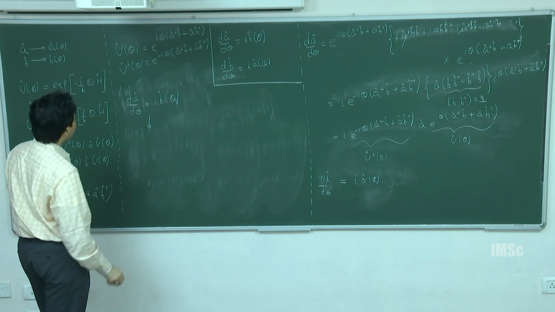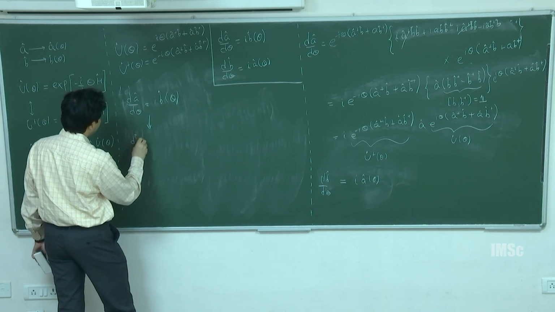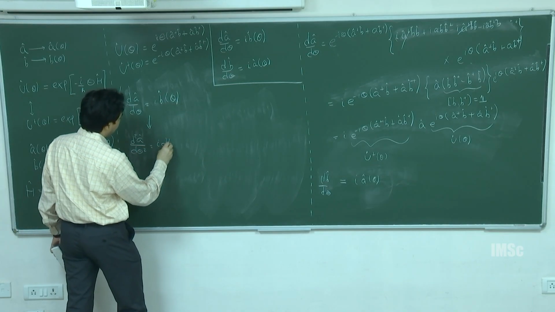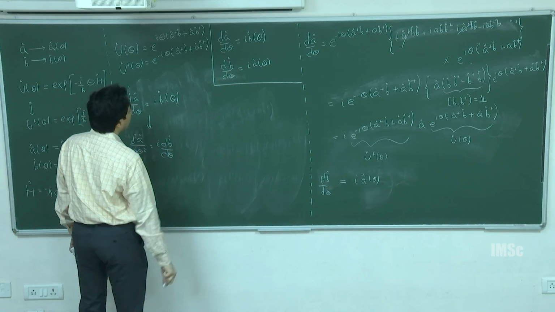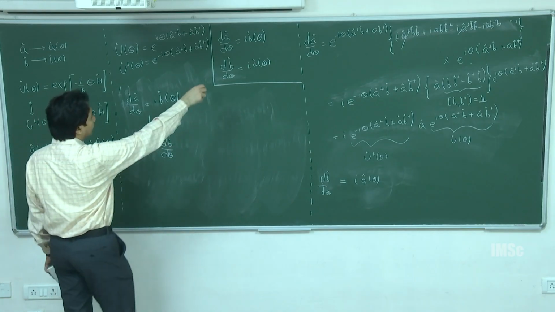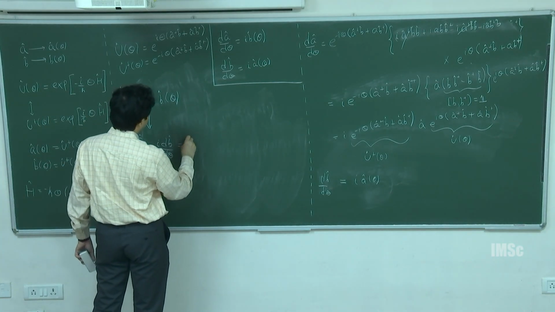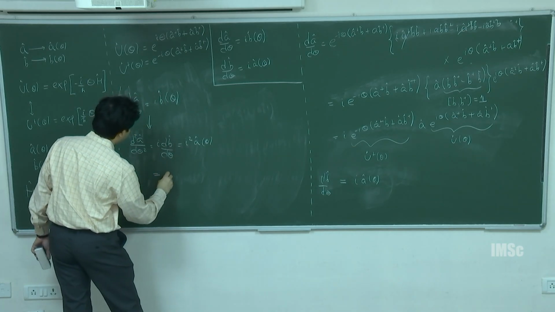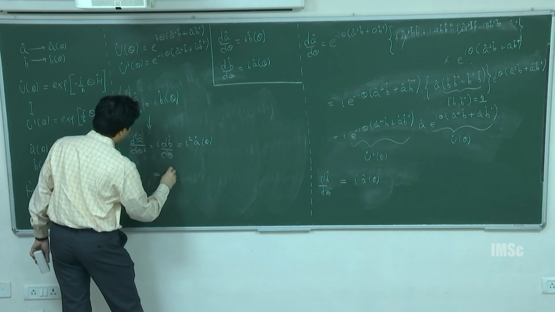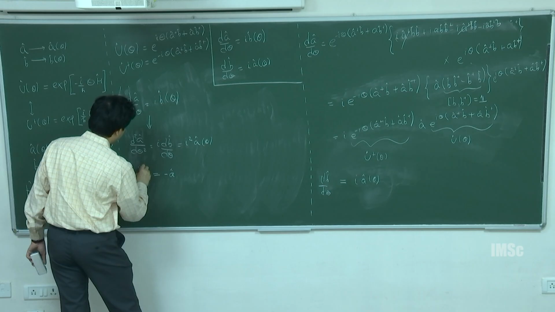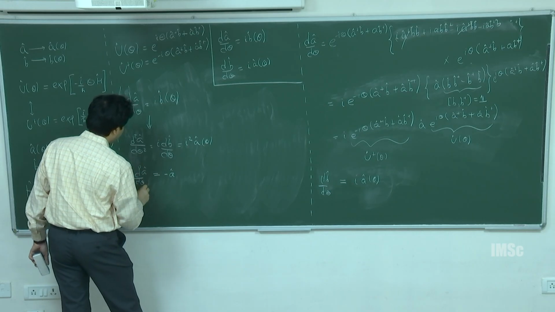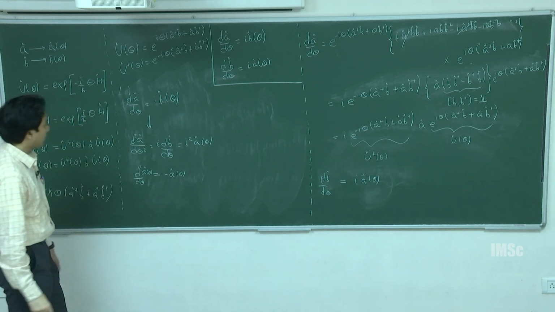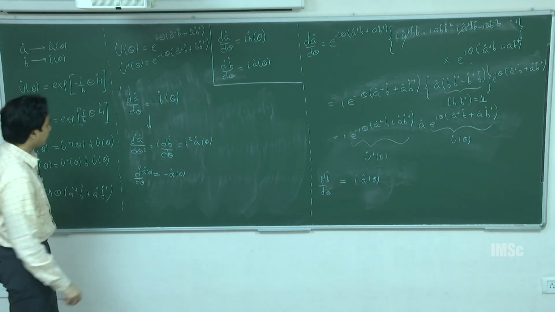Differentiate both sides with respect to theta. But what is dB by d theta? It's I times A theta. So which means, and you know what is to be done. The general solution is